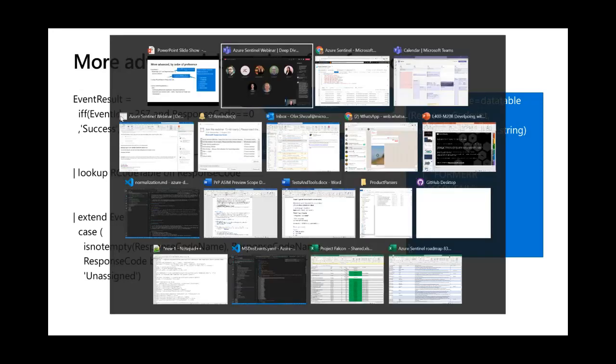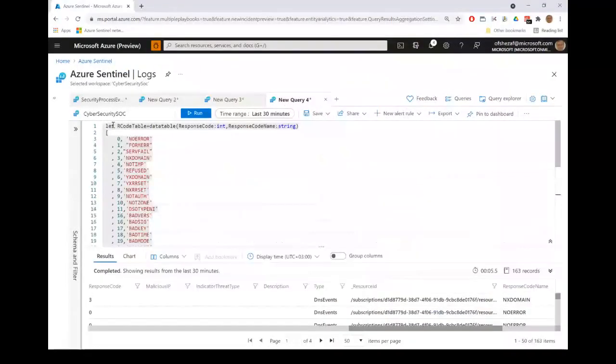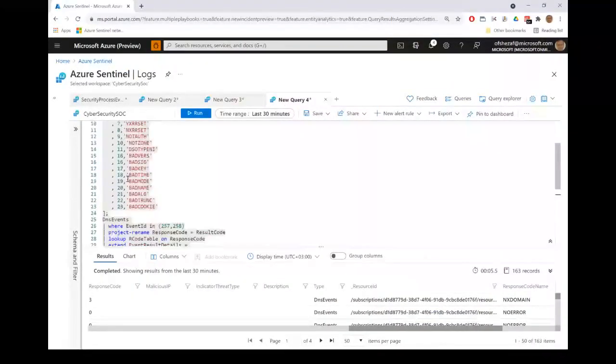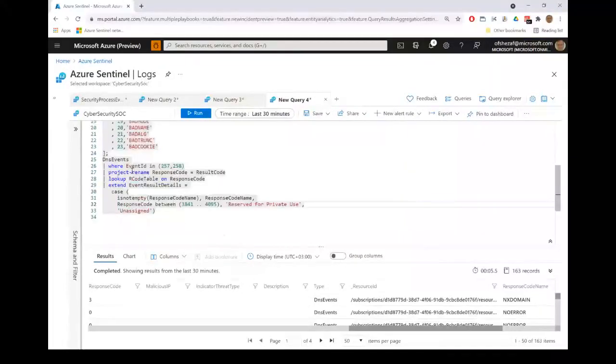So you have a lookup table, which here is embedded in the parser. It can also be a different function. Now, for now, we do it in the parsers. And then this is a partial DNS event parser. I removed all the things. But here you have a lookup. The lookup implies that if we run just that,